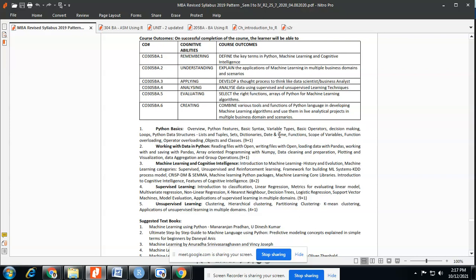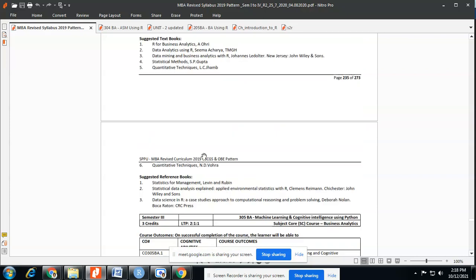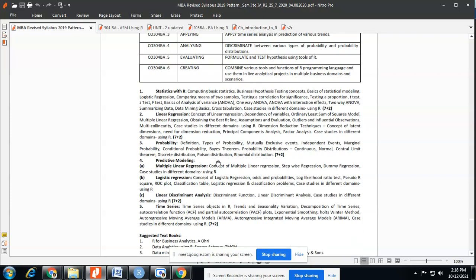So 50% is theory and 50% is programming. Python is actually very easy as compared to other programming languages. Simple keywords are there for execution of the instructions. So these two are the external